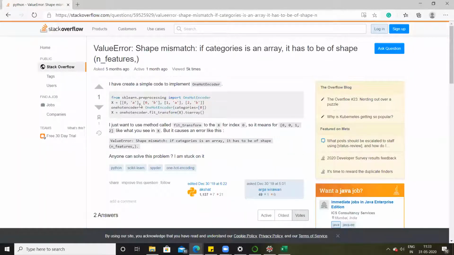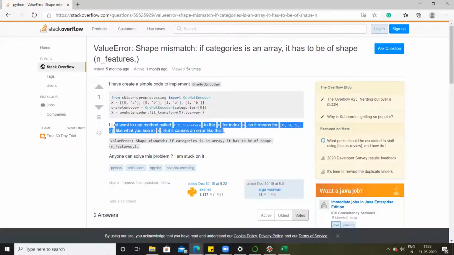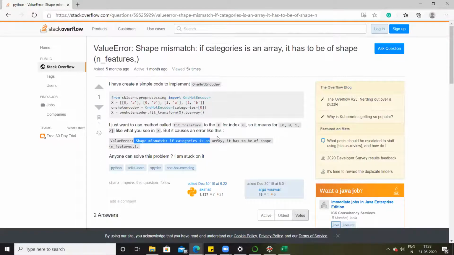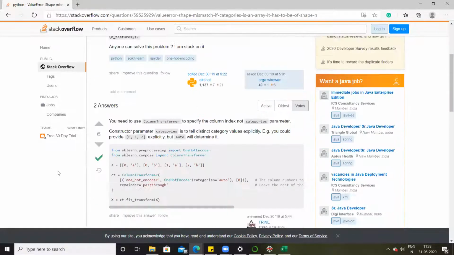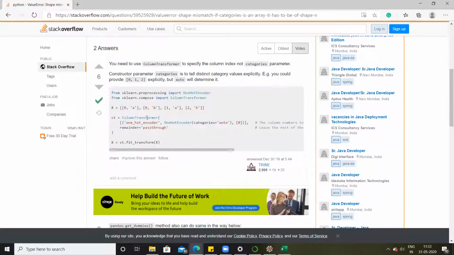Here, you can see this person has raised the same question or same error that we are facing. He's also using one-hot encoder on the 0th column, and he's getting the same error, shape mismatch. If you scroll down below, you will see a solution has also been posted.